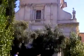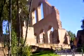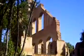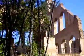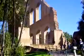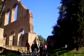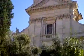Look at this temple. This temple is still looking good. Imagine that what you see in here on your left hand side is just 1/3 of the entire structure. 2/3 are lost because it was partly destroyed. As you can see, the beautiful vault is decorated with the carving that inspired a lot of very important artists of Renaissance time. Also, Michelangelo took inspiration from this building to realize part of the Church of St. Peter's in the Vatican. In this basilica, in this Palace of Justice, they used to have...